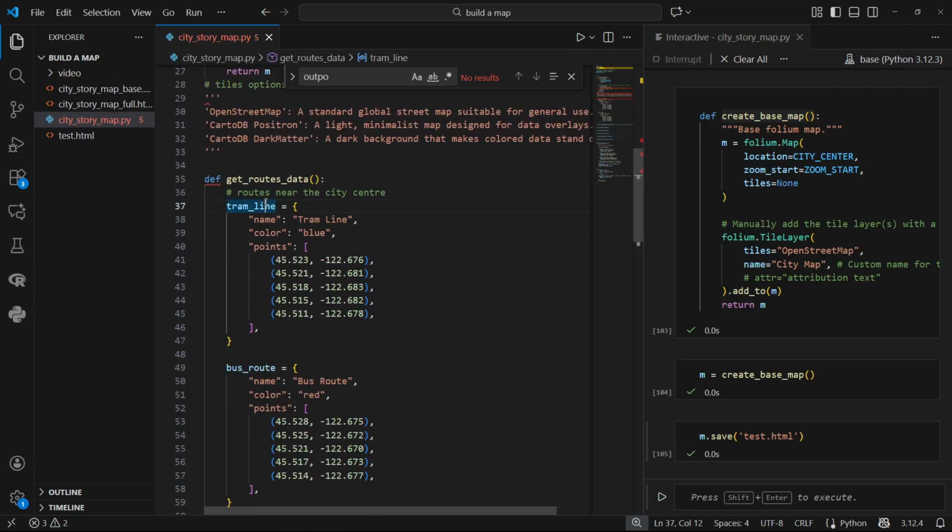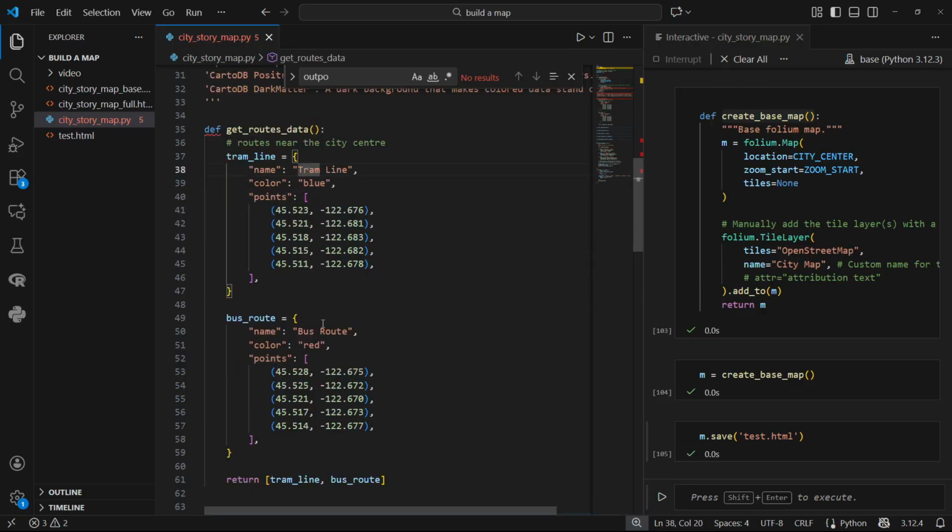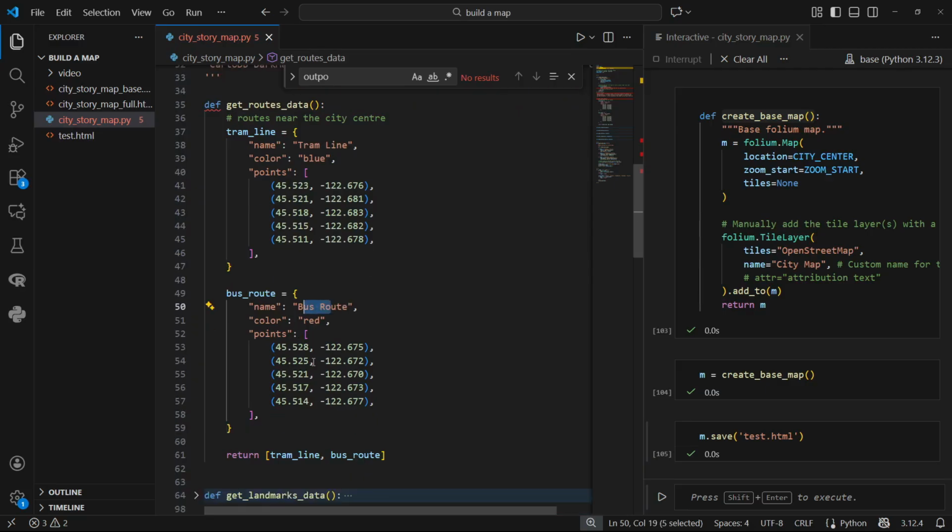So the first thing we want to add, again, you may want to have this or not, but something that we often have is different points. Let's call it points for a route. It's a route or a path. Let's say here I have a tram line and I have a bus route. The information that I want for them is latitude, longitude for the points that guide how the line or route would look like, and the color for that